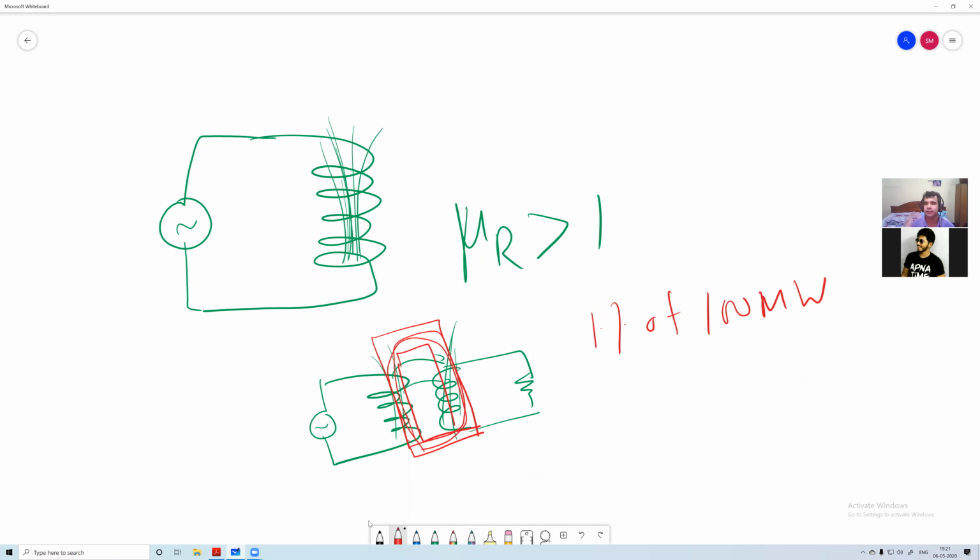Yes, exactly. So 99% efficiency might look very good on paper, but even 1% loss means 1 megawatt. That is a significant amount of power, right? So for a transformer, if we make this 1% loss to 0.9% loss, that would be a very good achievement. And so we want to ensure that maximum flux from the primary coil is linked to the secondary coil. So we use a material with high permeability, like some type of steel.